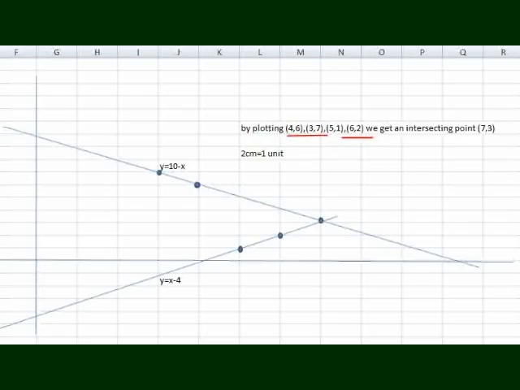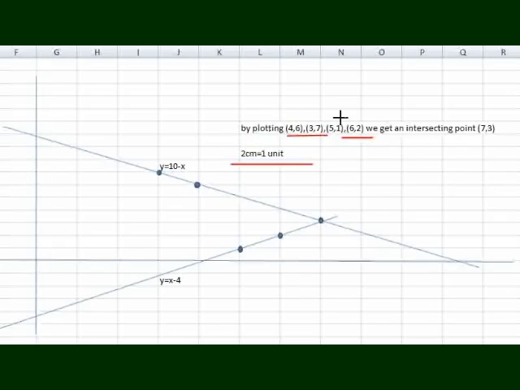So I have made a graph in my Excel sheet. Assume this is the x-axis and this is the y-axis, and here 2 centimeters is equal to 1 unit. It means that if this point is 0, 0, then the next points will be 1, 2, 3, 4, 5. In this way the points on the x-axis will be calculated, and similarly on the y-axis this is 0 and next 1, 2, 3, 4. In this way the points will be placed.